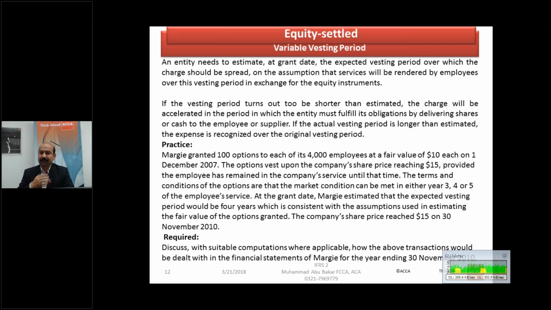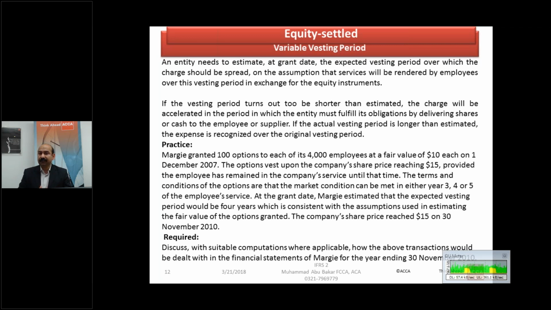based on our estimation at the date of grant of this option, that this option will vest over 4 years. So this means 4 divided by 4 multiplied by 1 by 4, because at the end of first year only 1 year is completed out of the total vesting period. So the factor which will be multiplied to the 4 million is 1 by 4. So this will give us 1 million remuneration expense charge for first year. The same expense will be